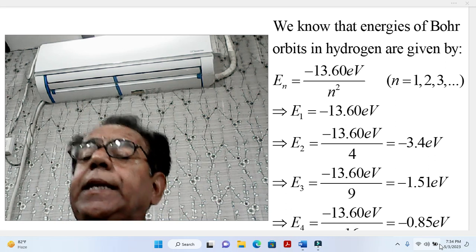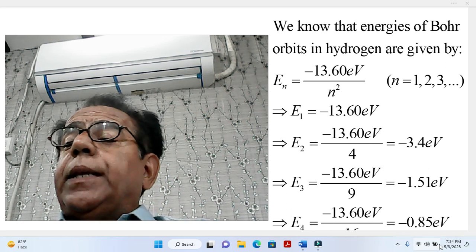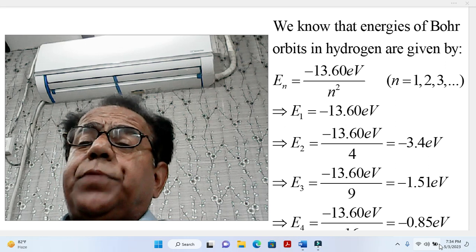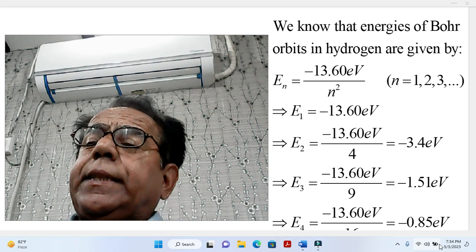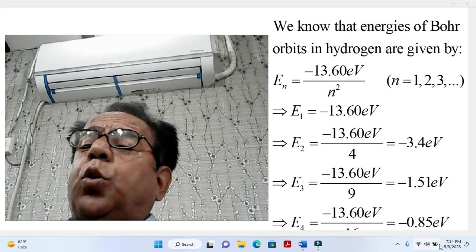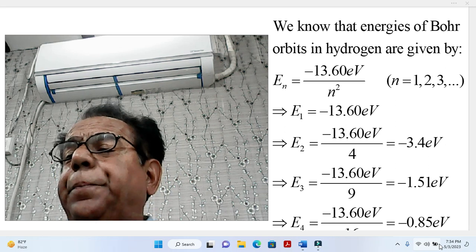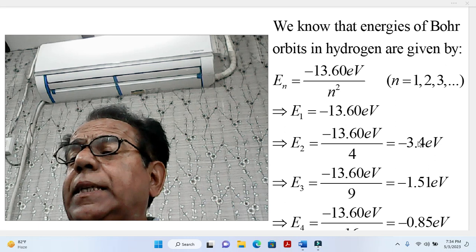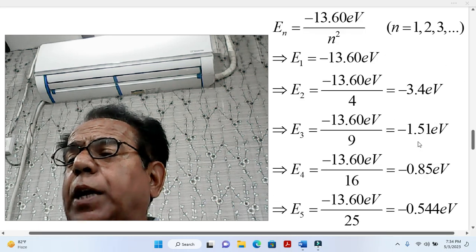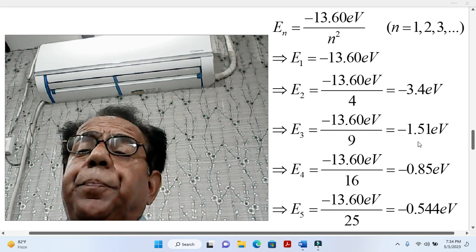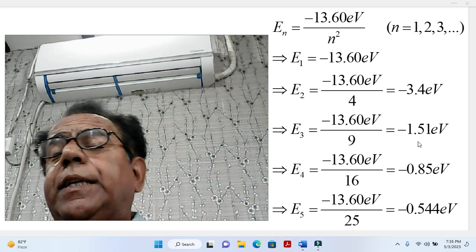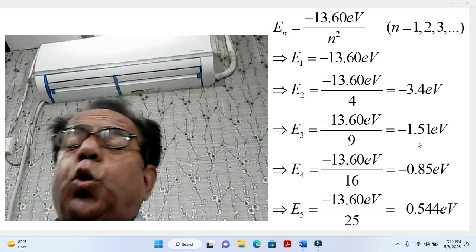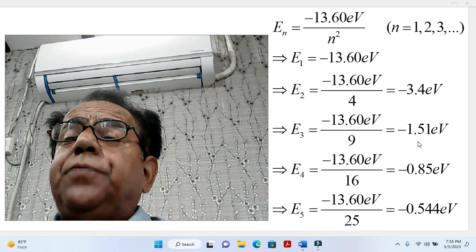Similarly, in E3, square of 3 is 9 and 9 is in the denominator, so E3 is the ninth part of E1. So E3 becomes equal to minus 1.51 electron volt. E4, square of 4 is 16 and here 16 is in the denominator, so the value of E4